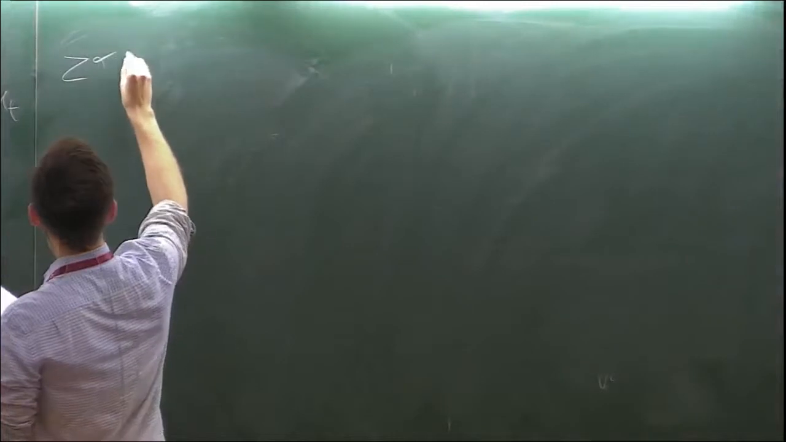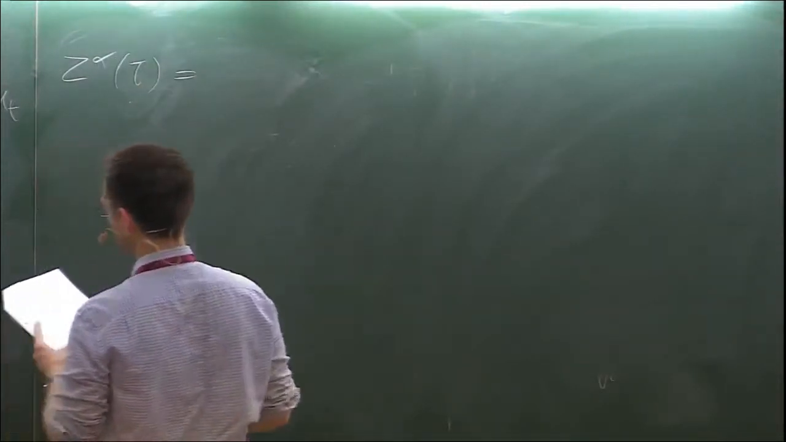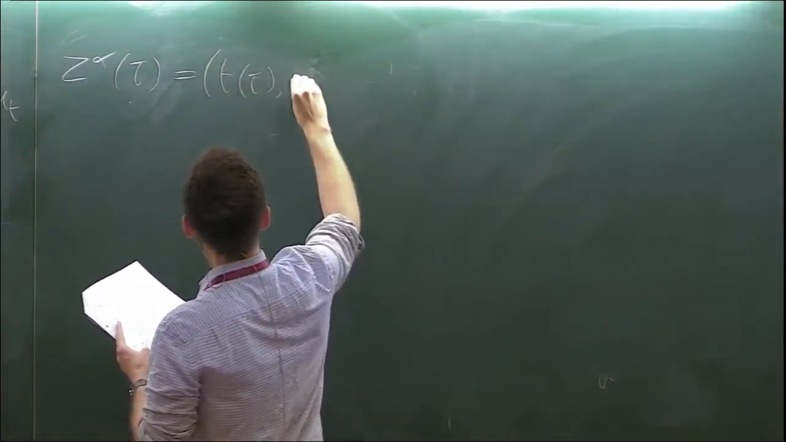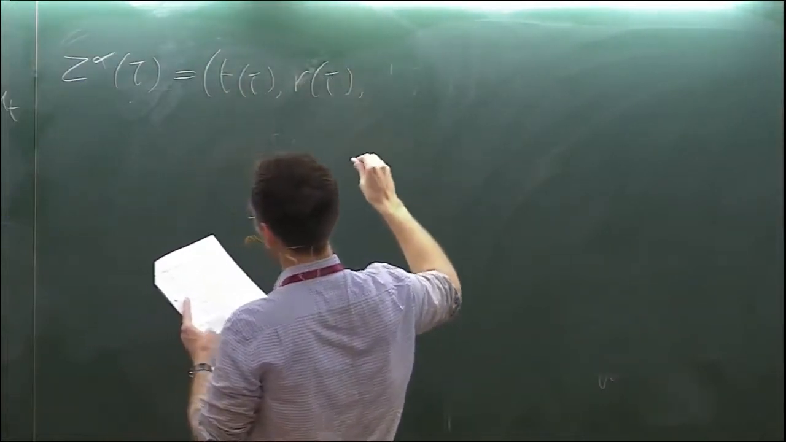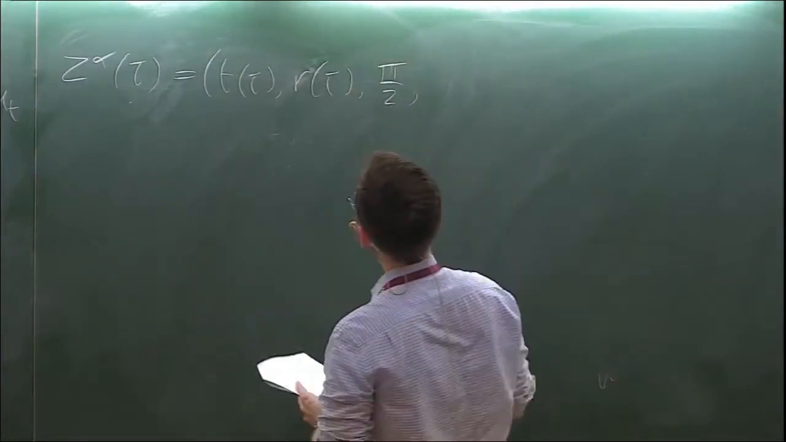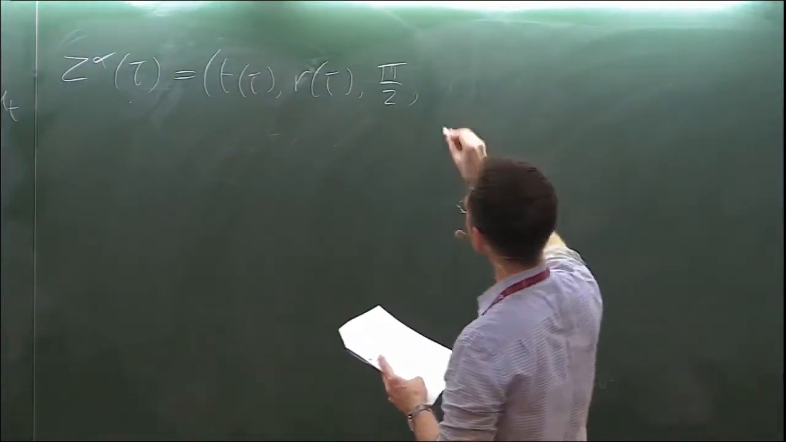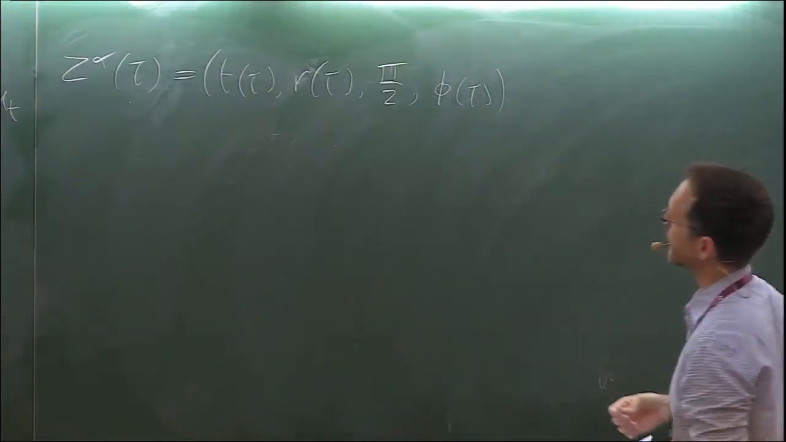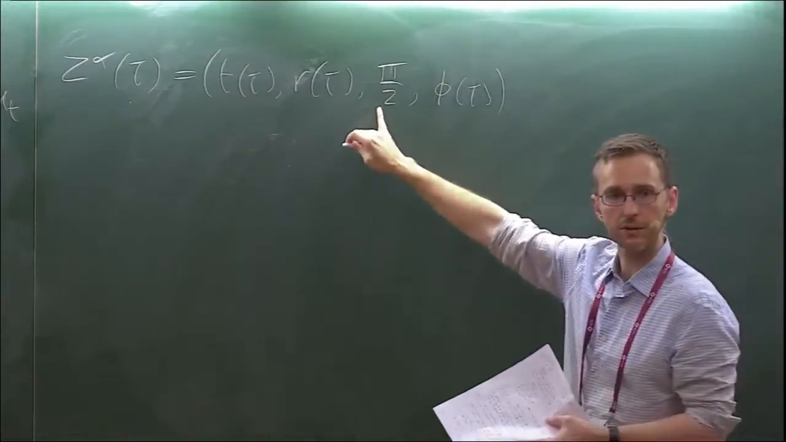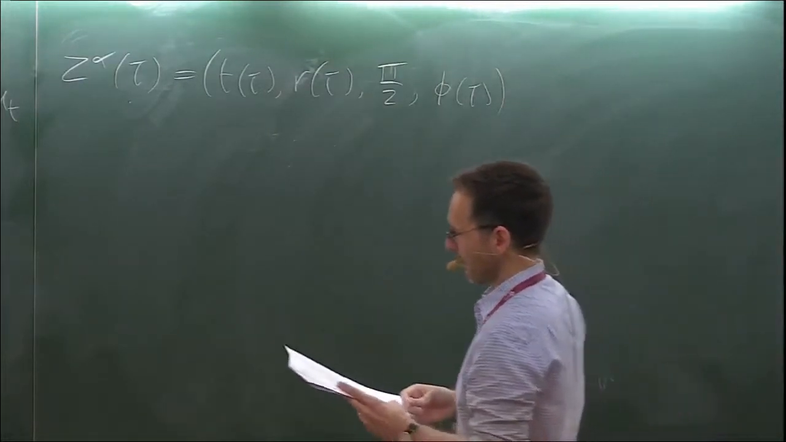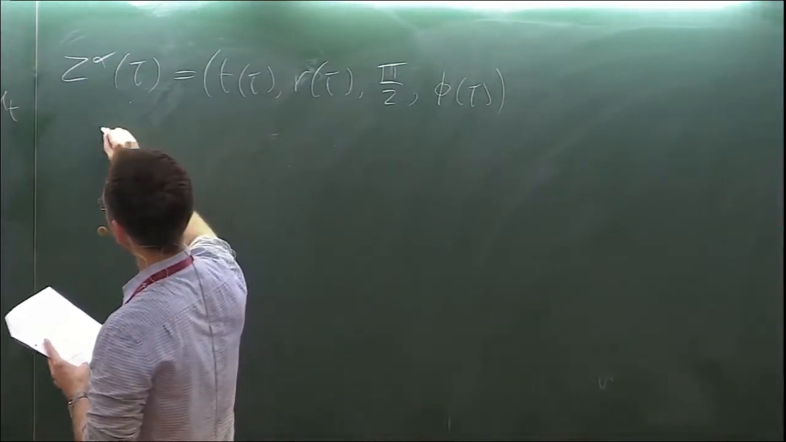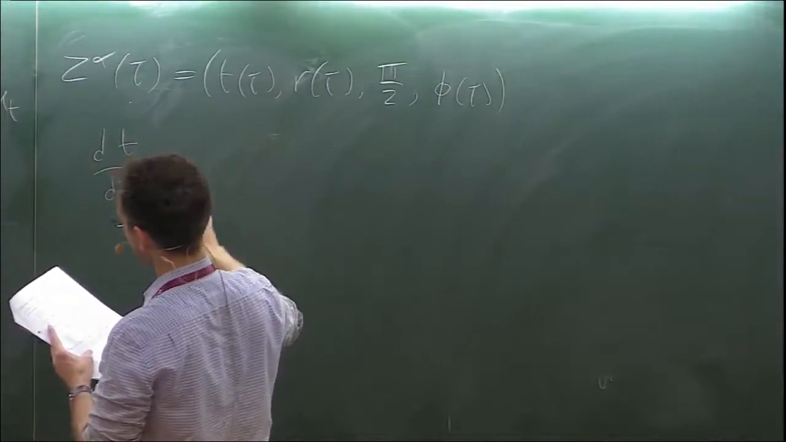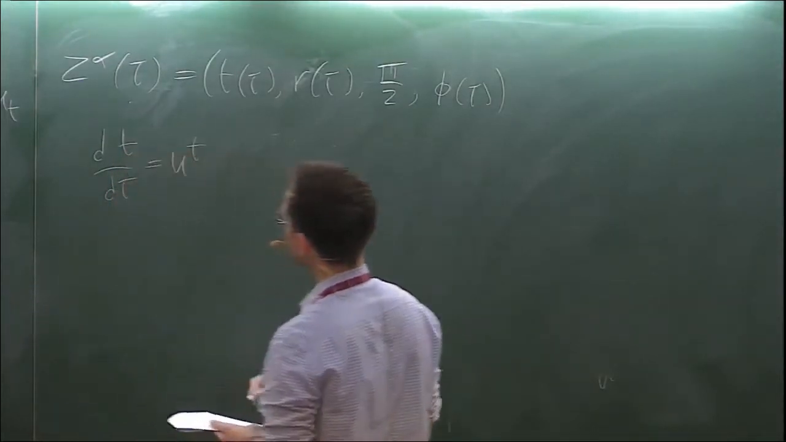So we can parametrize our motion as t is a function of tau, r is a function of tau, pi over 2 for the theta component, and phi is a function of tau. So obviously this is completely general except for the fact that we're putting ourselves on the equator. But now we have dt d tau, which is u^t with index up,